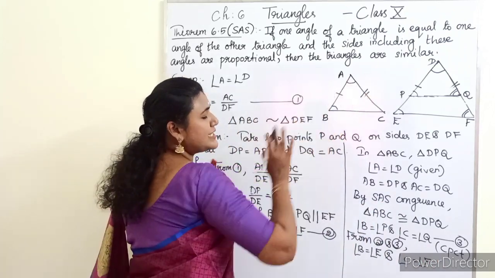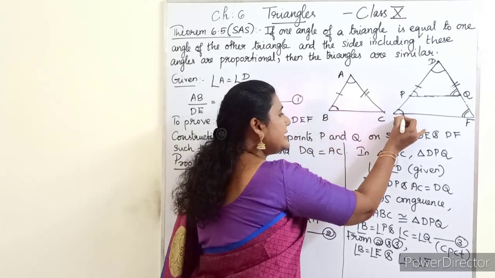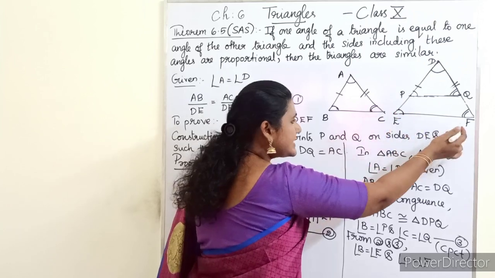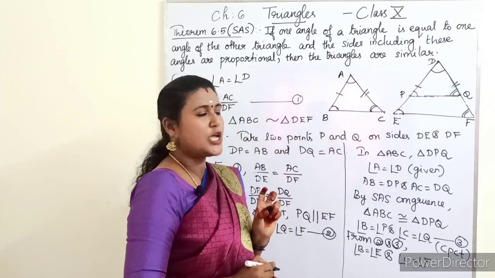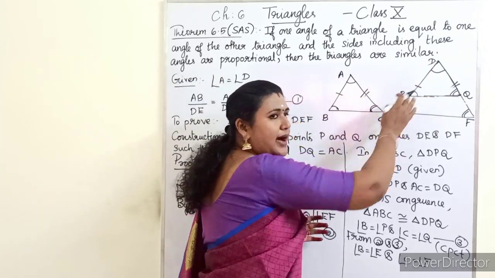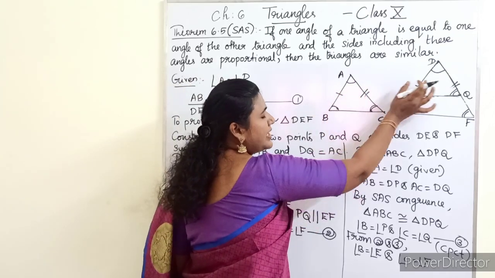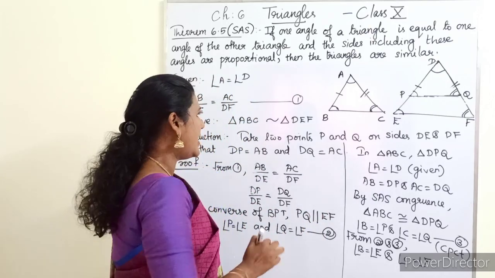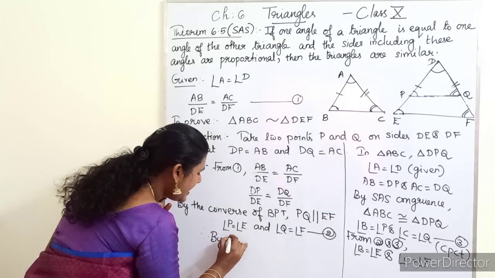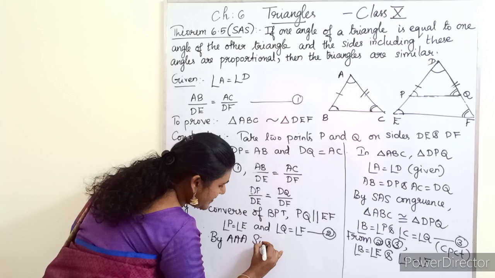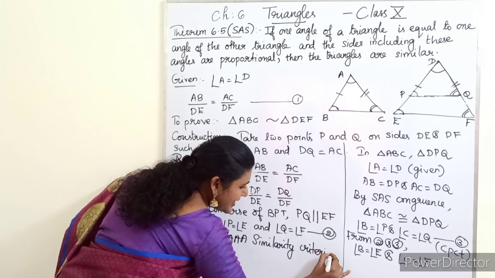Now we will consider these two triangles. So what we got now, angle B and angle E are equal, and similarly angle C and angle F are equal. So already we have angle A and angle D are equal. So in these two triangles, all the three angles are equal. Since the three angles of these two triangles are equal, by which similarity criteria can we use? Therefore, by AAA similarity criteria, since all the three angles are equal, we can use this similarity criteria,